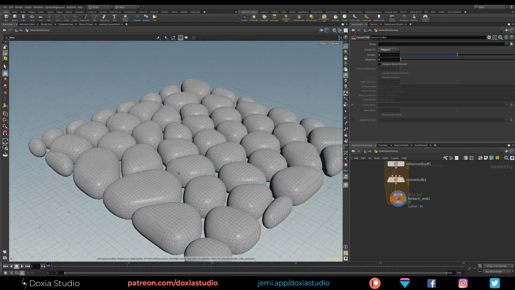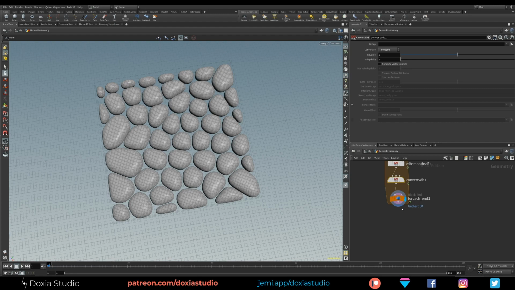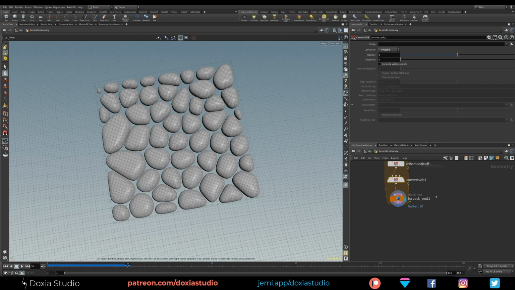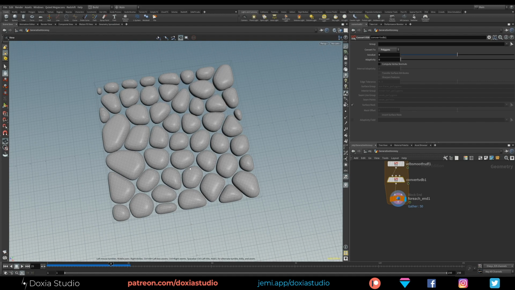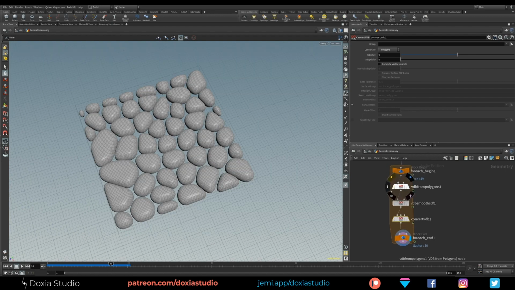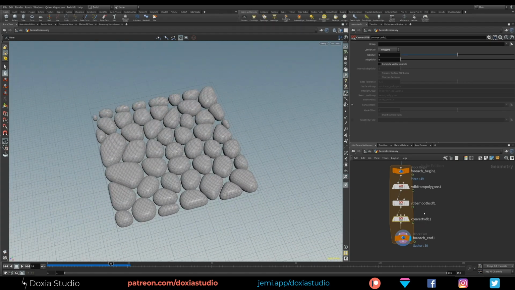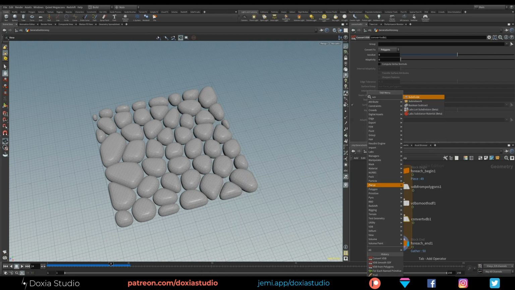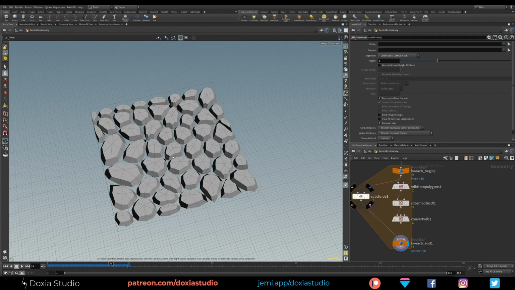That's pretty cool, right? Really smooth boulders. And now they are moving with the simulation that we saw previously. You can see the system is getting a little bit heavier, because we are converting to VDBs, then smoothing, and converting back to polygons. We could try using only the subdivide instead of converting everything to volumes.